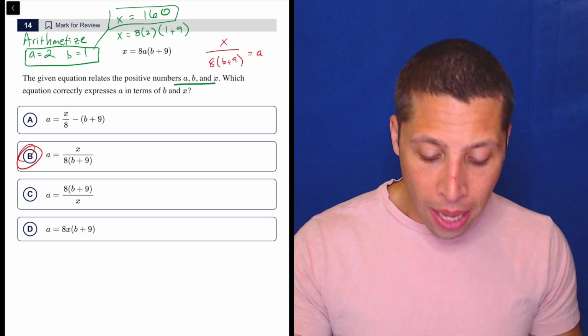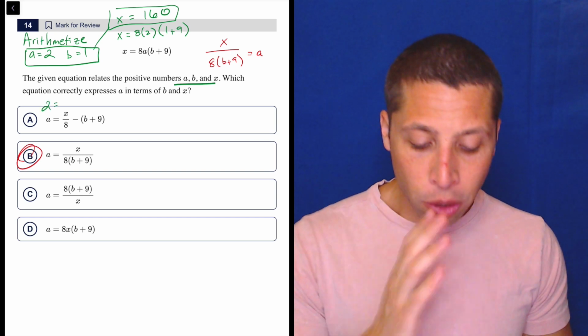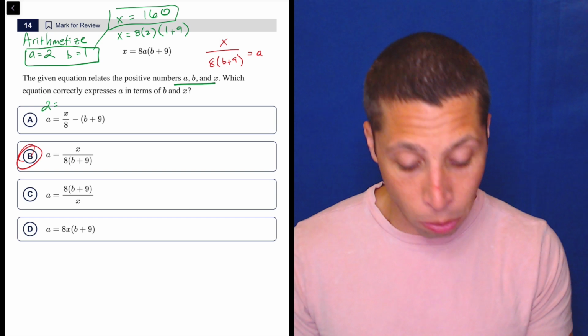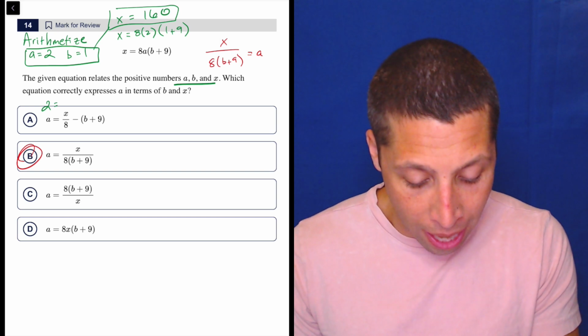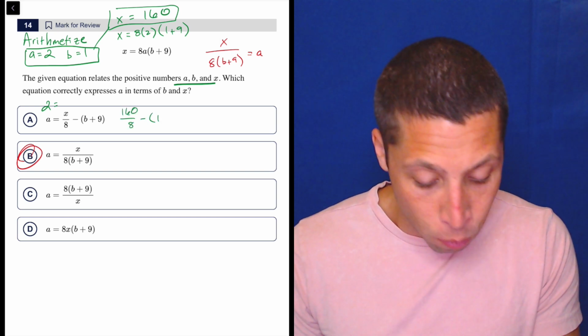Now, I'm not going to plug in the A as 2 because I kind of know that all of these are supposed to equal 2. But if I plug in the other side, it should work out to 2. But watch what happens. So if we do choice A, we would have 160 divided by 8 minus 1 plus